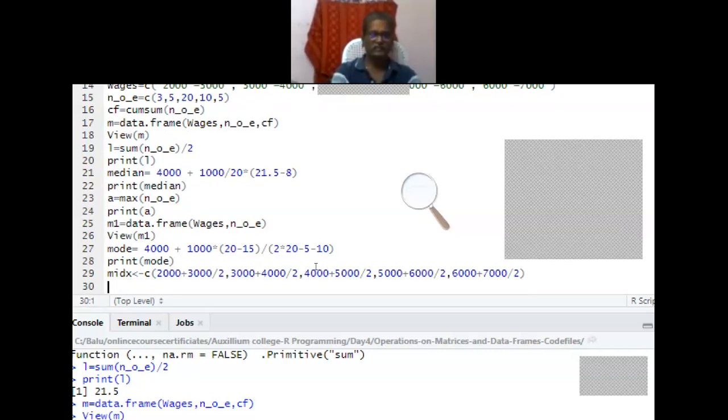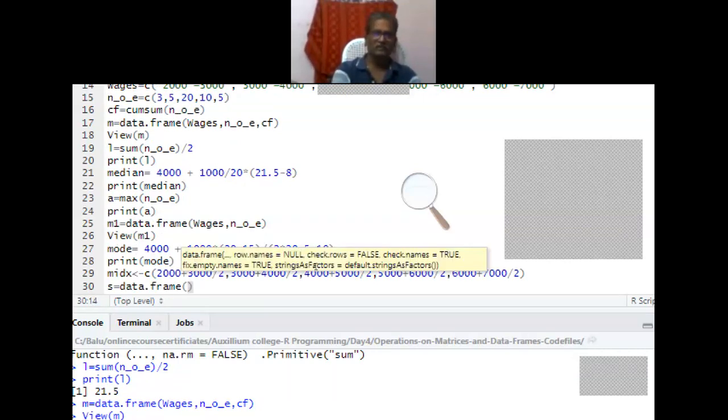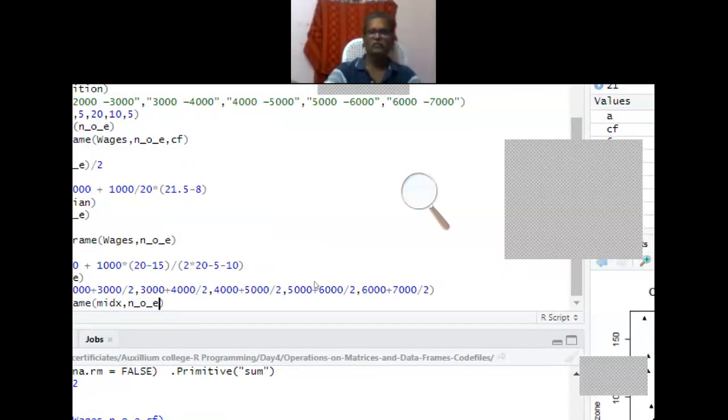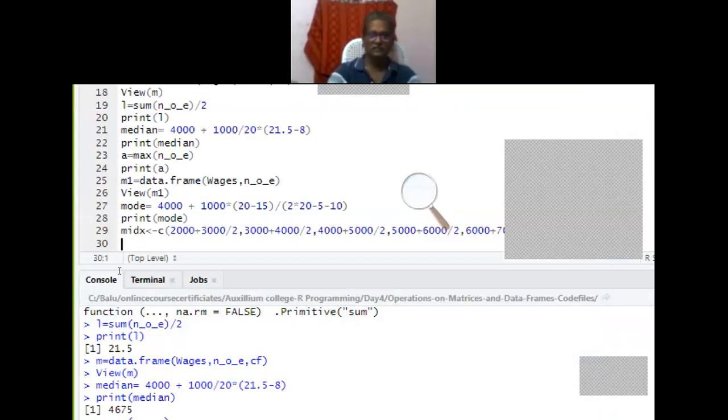Let me create one more data frame. For example, S equal to data dot frame. I can say mid x, comma, number of employees. Let me do one more statement here: F into mid-x.